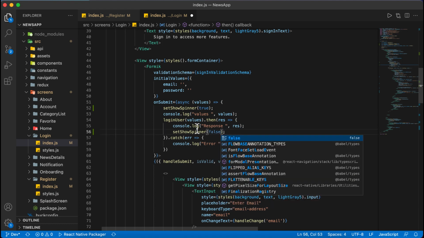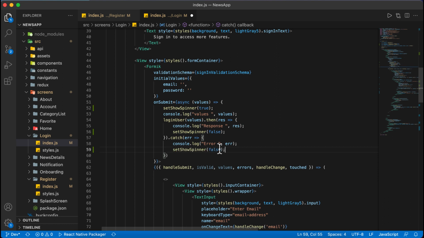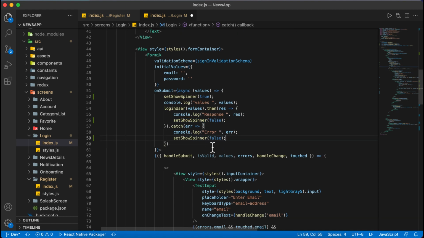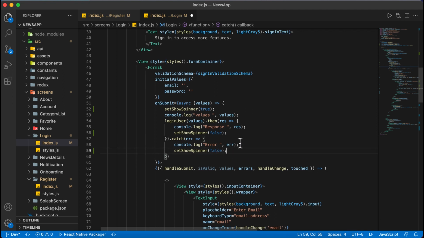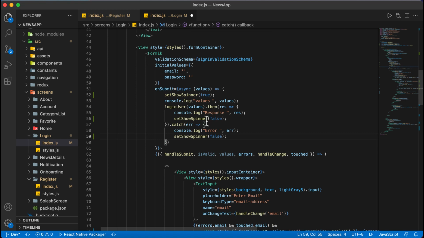And also here, if any error is coming, we'll make it false. So the first time it will be true when the button is clicked, and if any response is coming, it will be false, meaning close the spinner, and if any error is coming, we hide the spinner. Later we'll take some snack bars to show the response and the errors coming to the user.